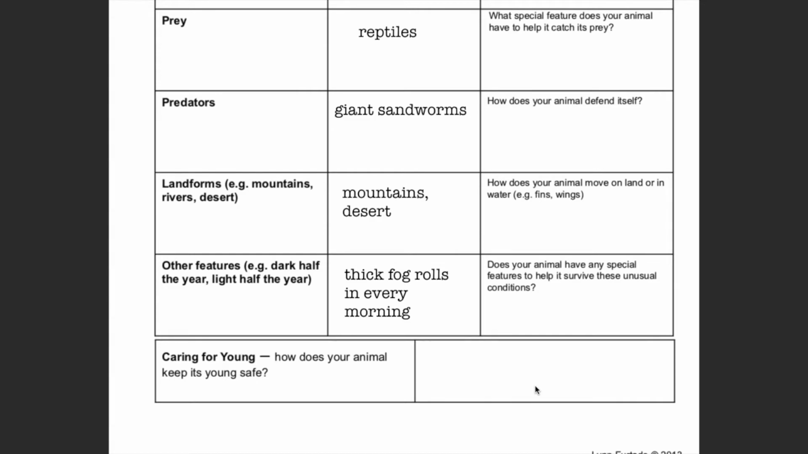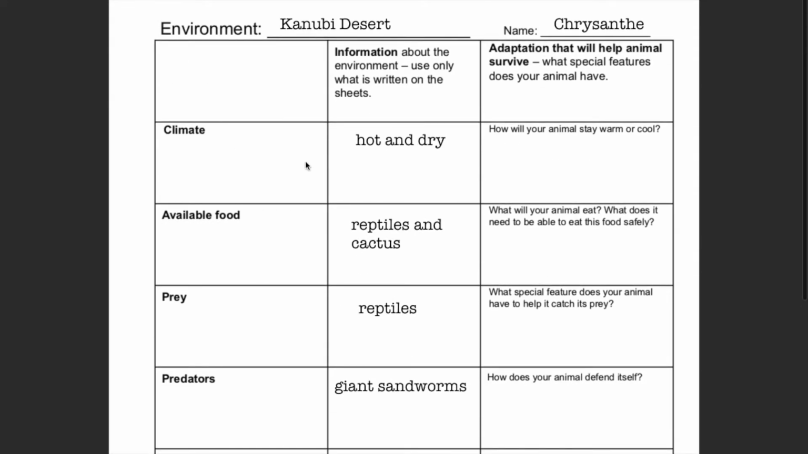So now that we have our information filled out, we need to come up with different adaptations that will help our organism survive in the environment. So we're going to go through each one of these boxes and answer the question over here. So, how will your animal stay warm or cool? We know that our animal is going to need to stay cool because its climate is so hot and dry. So I'm going to write,